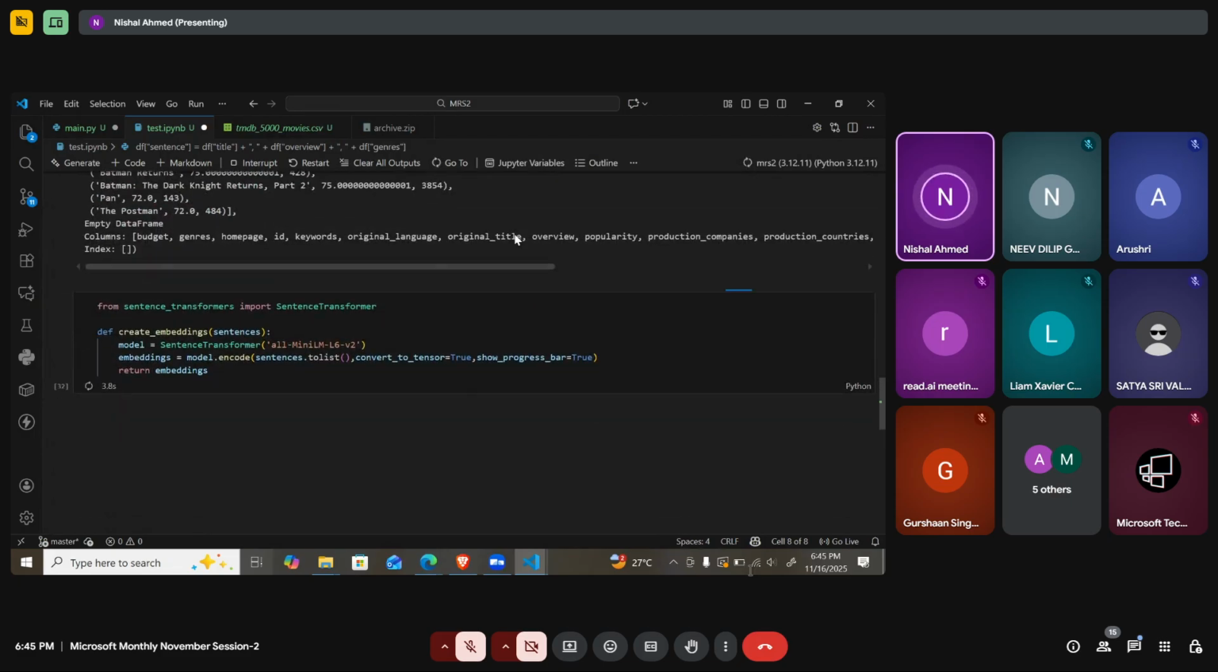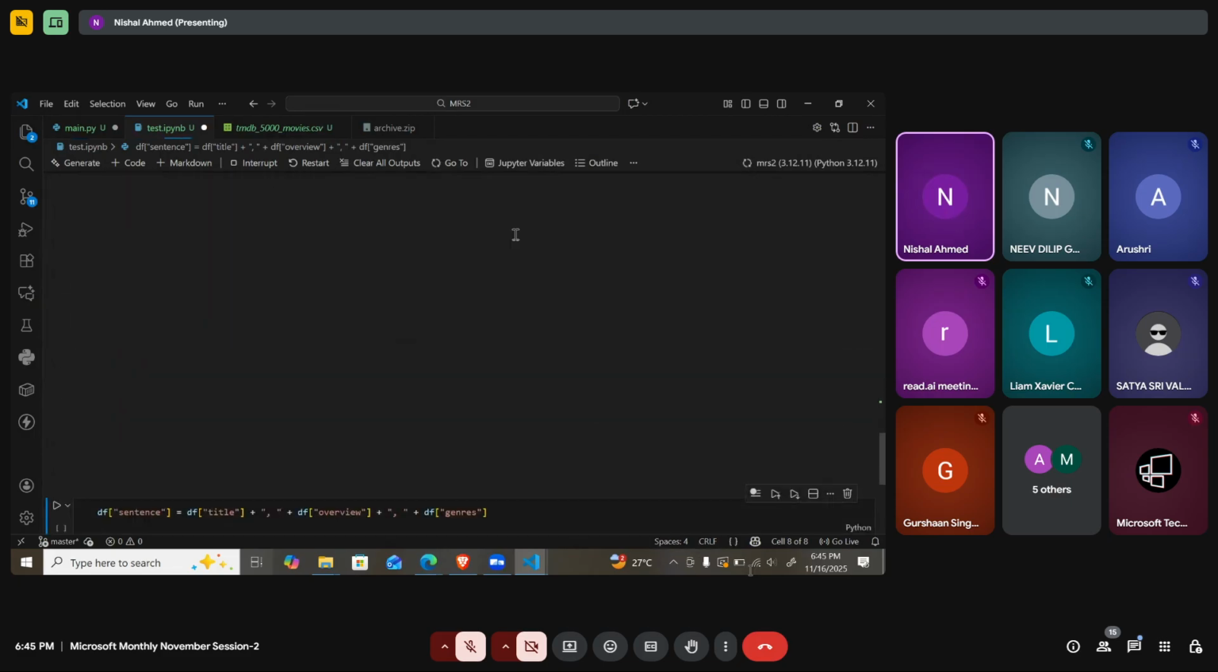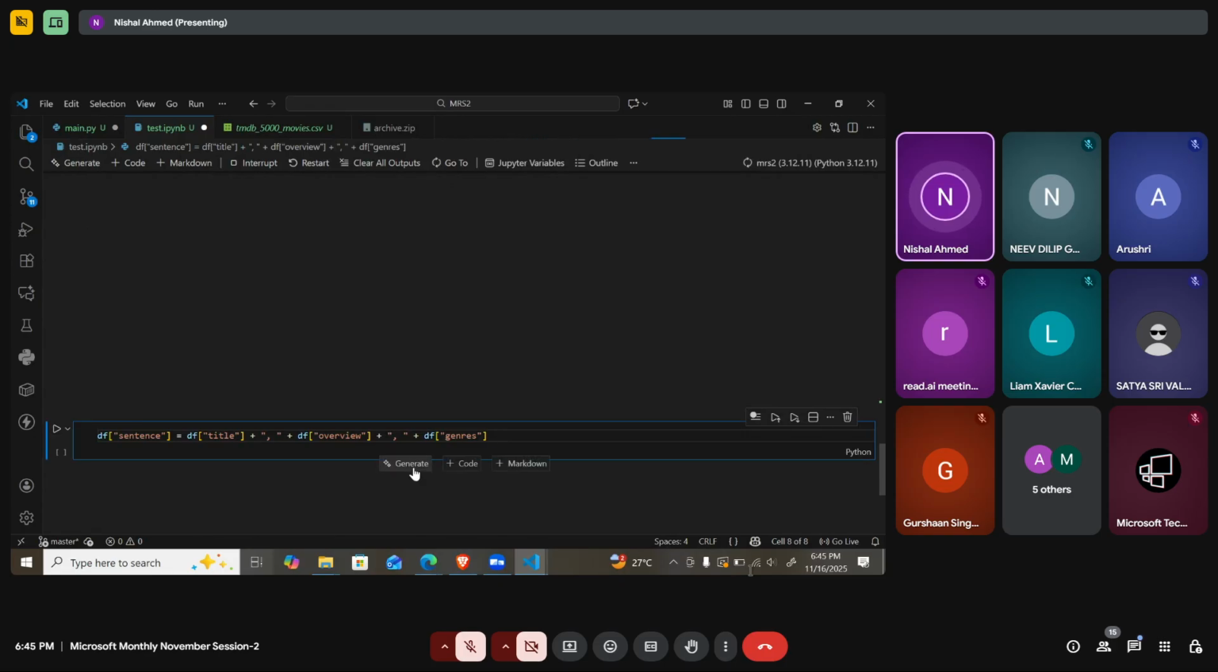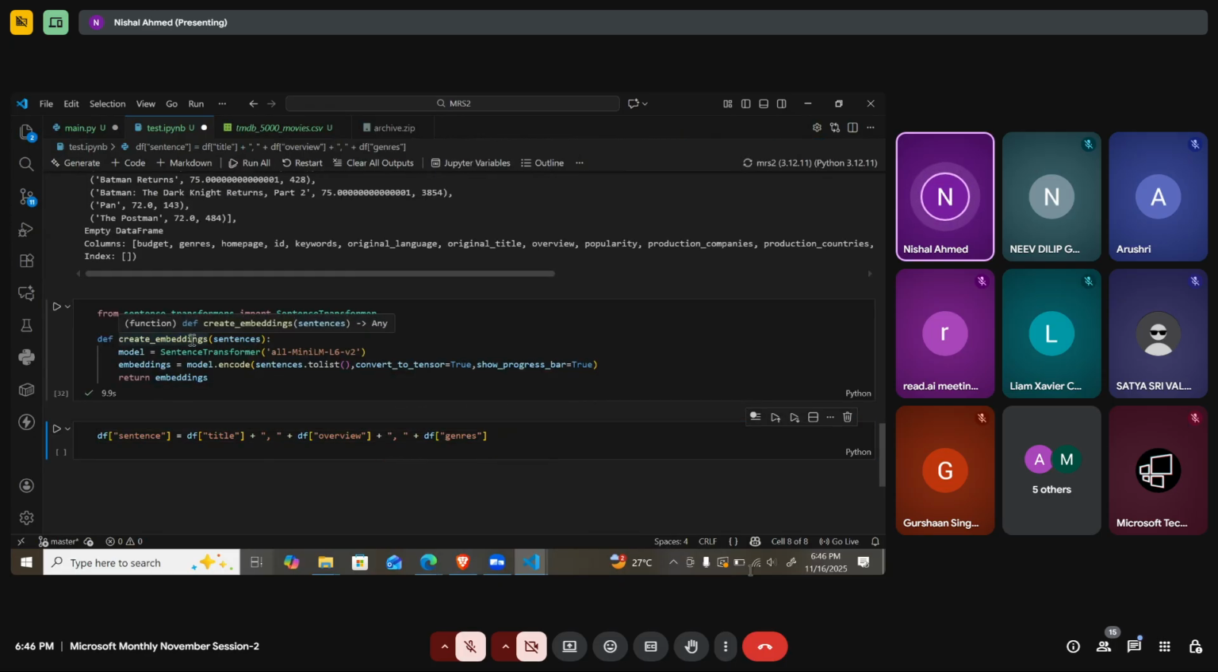So now I'll wait again. So this is the new sentence that we'll pass on to this function. So after we create the embeddings, we don't want to recreate them, because creating these embeddings takes a lot of time, even